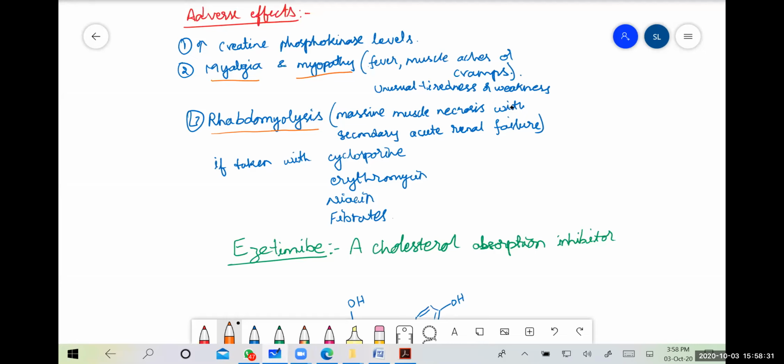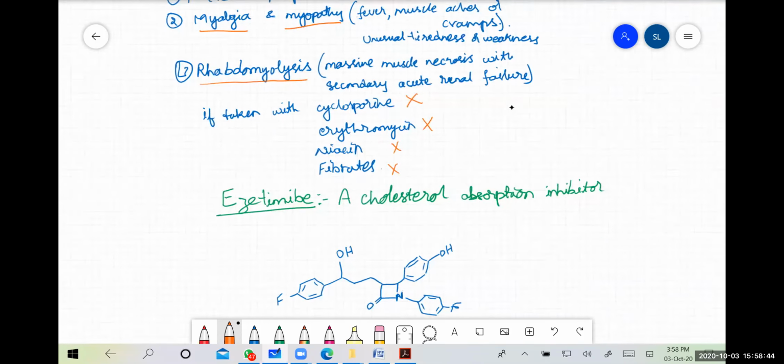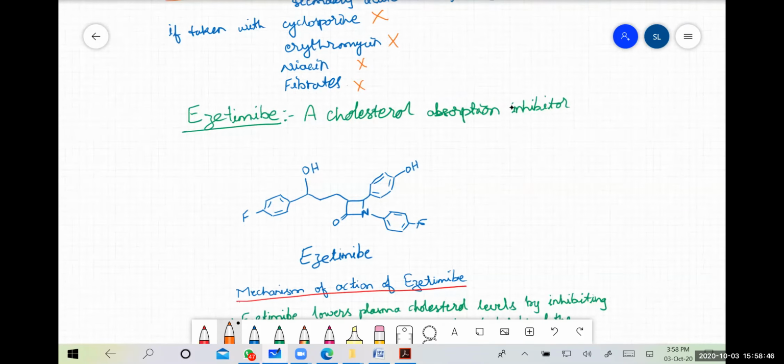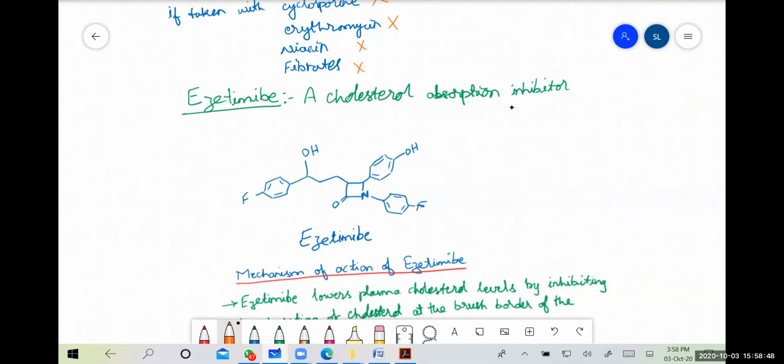So when giving in combination, we should not administer cyclosporin or erythromycin, niacin or fibric acid derivatives along with the HMG-CoA reductase inhibitors. So then the next topic we will see that